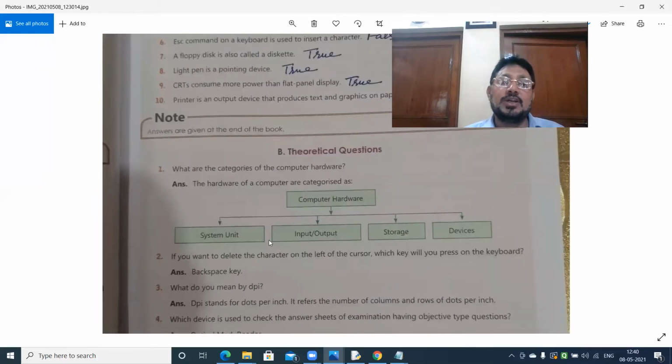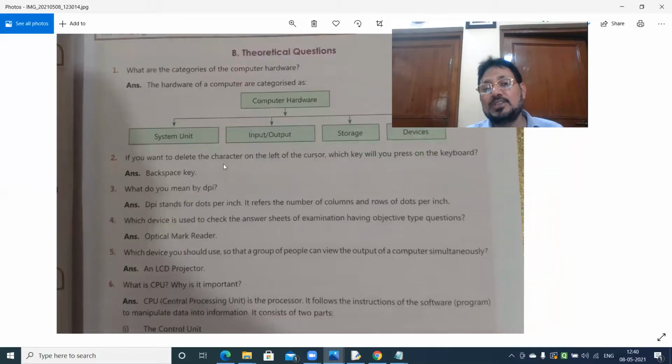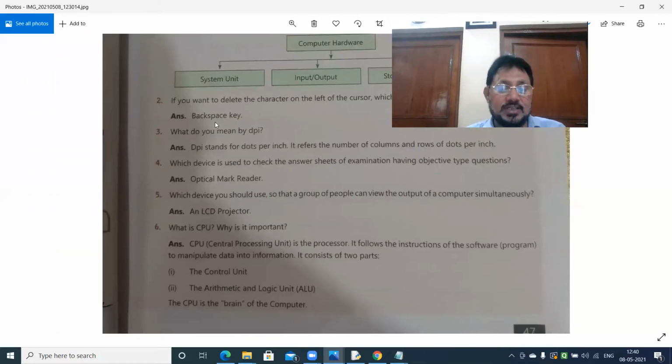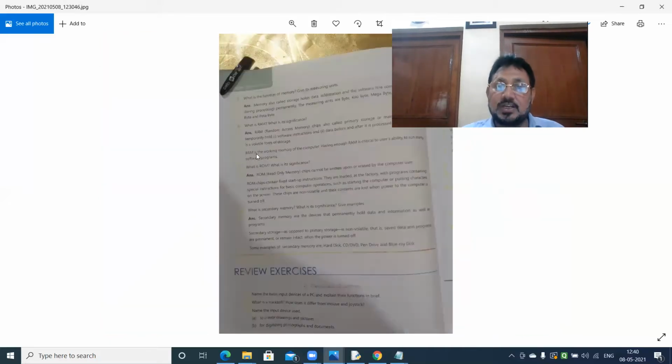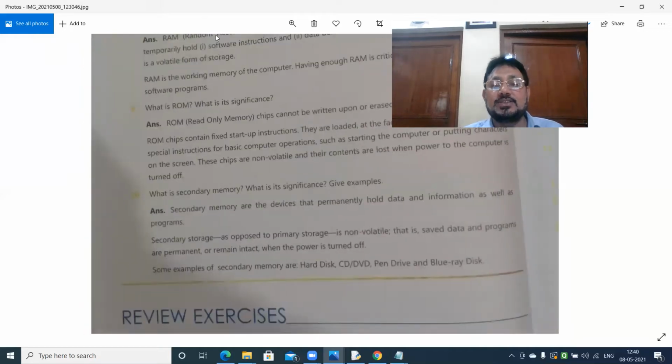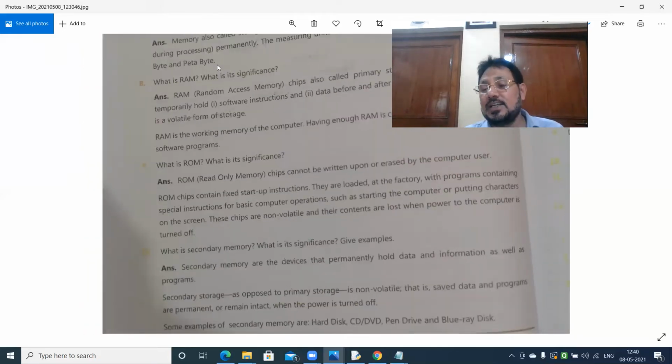Now here theoretical questions are given with answers. So please go through all this. I'm not going to repeat it again because I have already explained the chapter. The chapter is completed, but please go through these question answers also. So altogether 10 questions are there. No need of writing these answers in your copy.